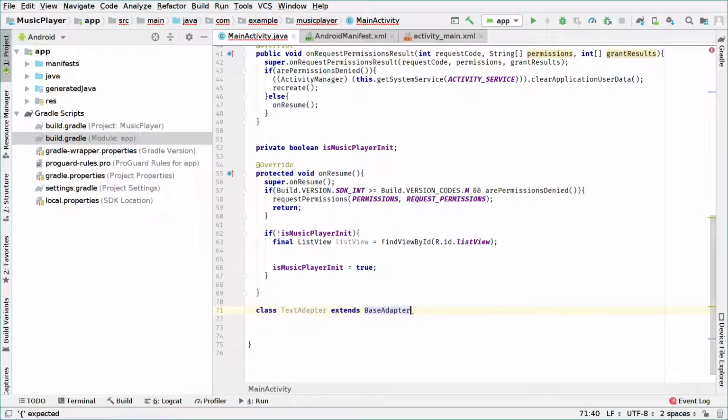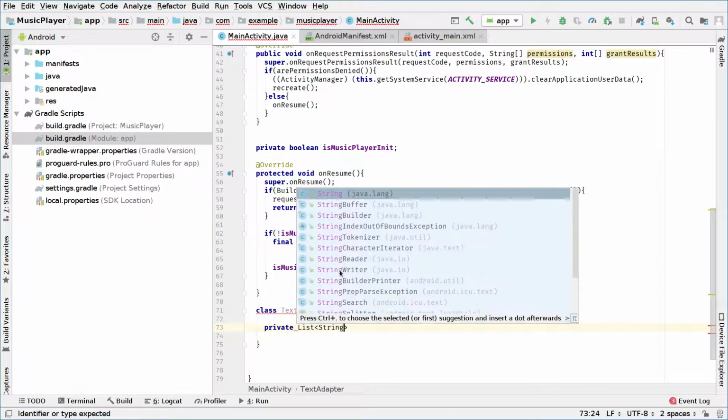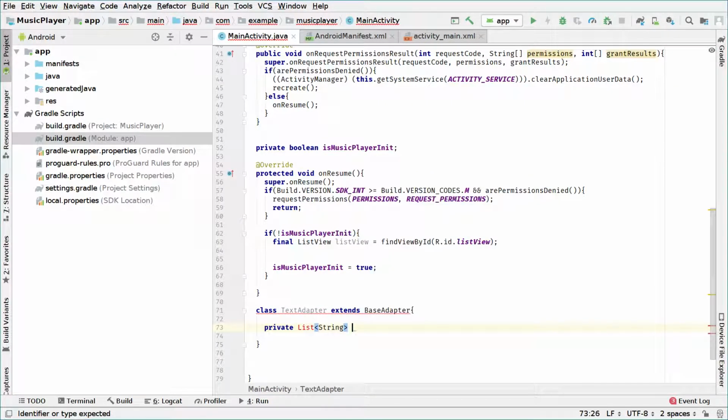Okay, we will open this bracket right here, and we will create the following method that will enable us to set the data of the adapter. First of all, we will create an array list that will contain the data. For that, we're gonna type private List of Strings, and we will call it data,